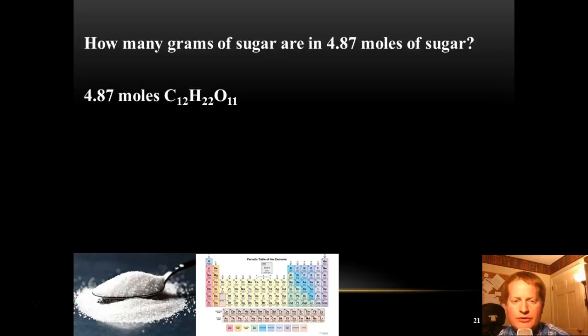Now here's the formula for sugar. You'd always be given the formula for these kind of things. You wouldn't have to just know the formula. So here's the formula for that. Next thing I know, I'm going to multiply by my fraction. So I do my fraction bar. And the next thing I have to do